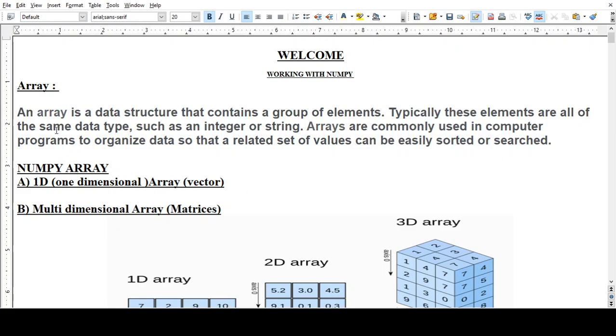Once again, what is an array? An array is a data structure which contains a group of elements, but these elements are of the same data type. Either this data type should be an integer, a string, or floats, etc. Actually, the array stores the values in memory in adjacent memory locations. So we can store a number of data